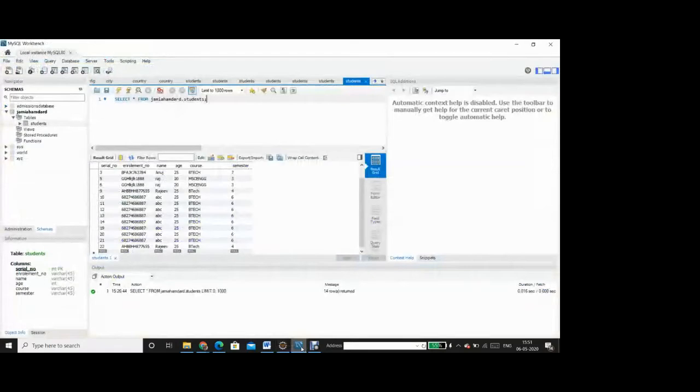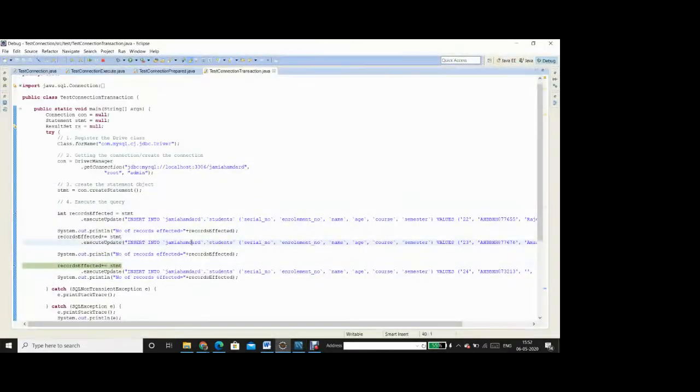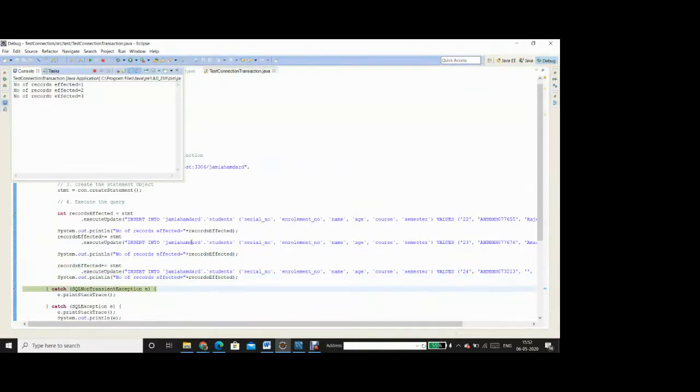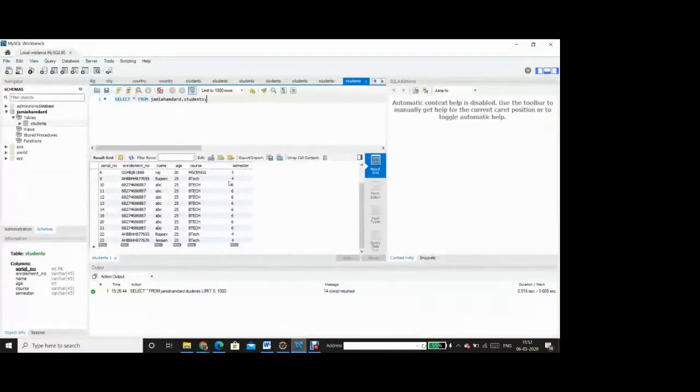So let's go and see the state of the database. Again, let me refresh it, and you can see that another record has been inserted. So the point is, with every single line of execution, as you can see with the third line also, the number of records affected is equal to 3, and this record must also have come to the database.